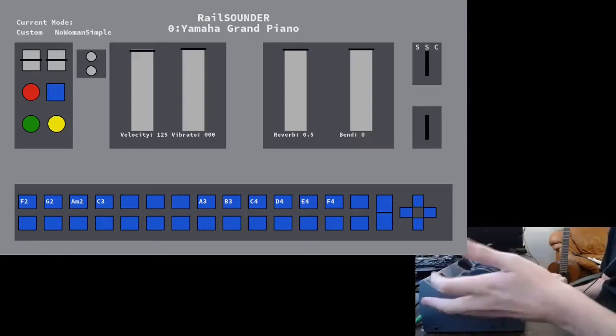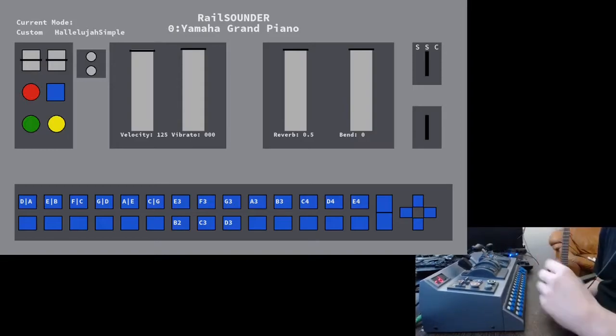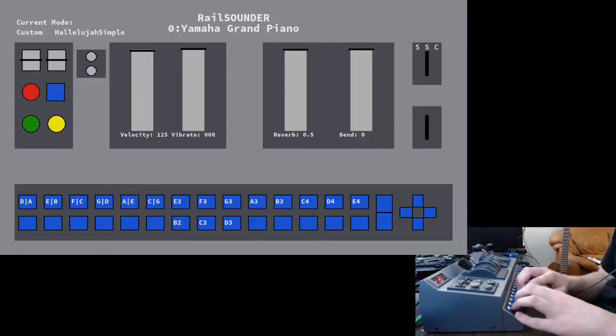And as I mentioned, I can use the right one here, the E-stop switchy thingy, to go between the sets that I've entered into the program, which is the Hallelujah symbol, and this one I can play. But it has the same concept right here. So we got these ones, which are not entire major triad chords, right? And this is important because in the customized set thingy that I'll explain later, I made it so that you can enter custom chords. And these ones actually use the root and the perfect fifth, leaving out the major third, if I'm not mistaken. So it's just 2 notes to make these, and it goes like...